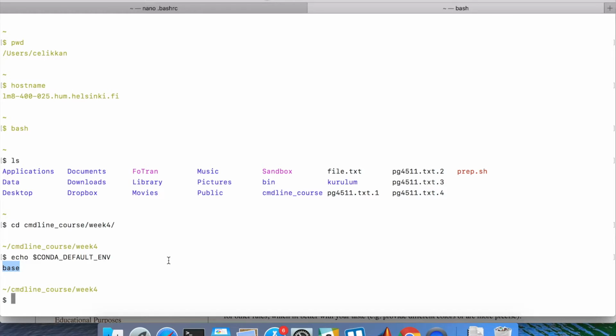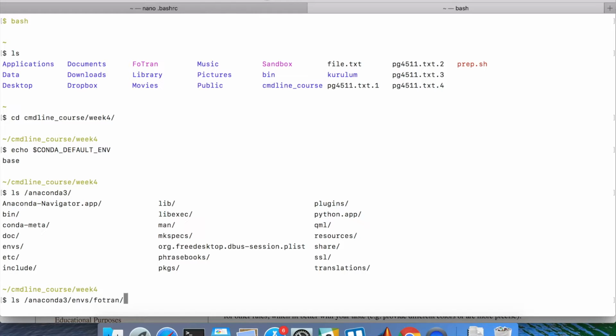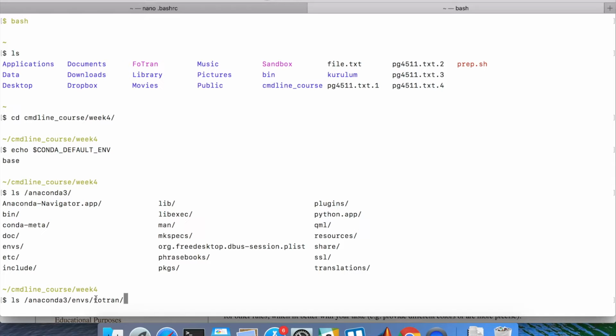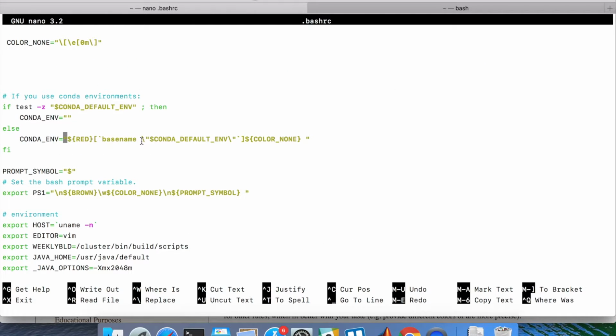So the environments are generally paths. For example, something like this: anaconda tree, and then env and Fortran. I have a Fortran environment, but this environment will include the whole path name. And this basename, given a path name, takes only the last part and discards the previous parts of it. So this basename will be used in making that smaller,